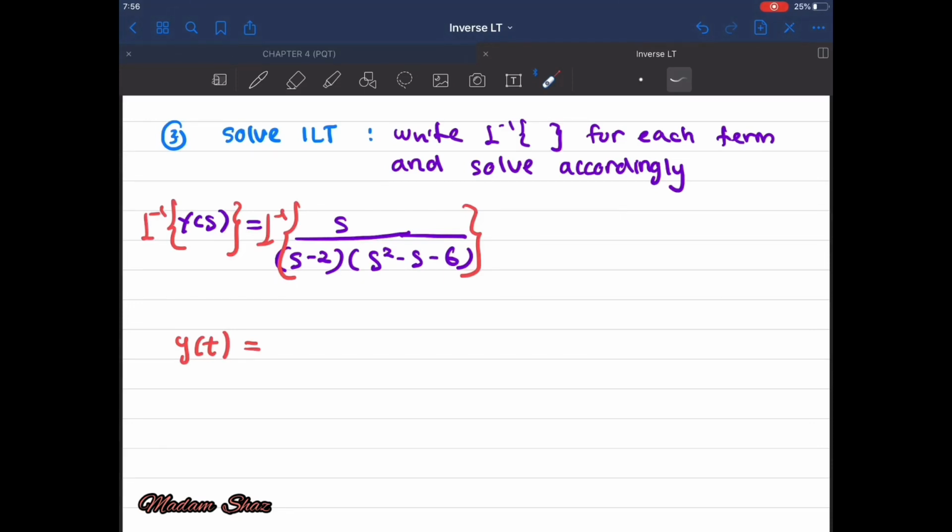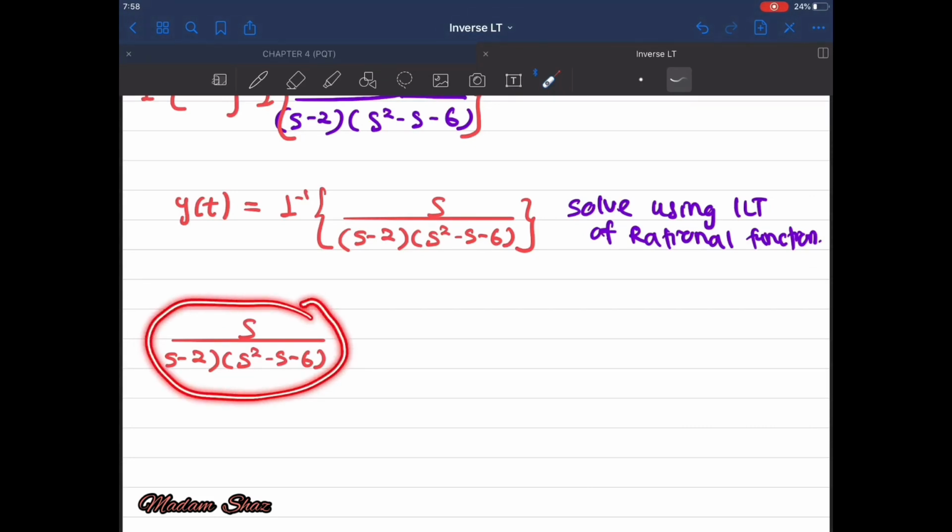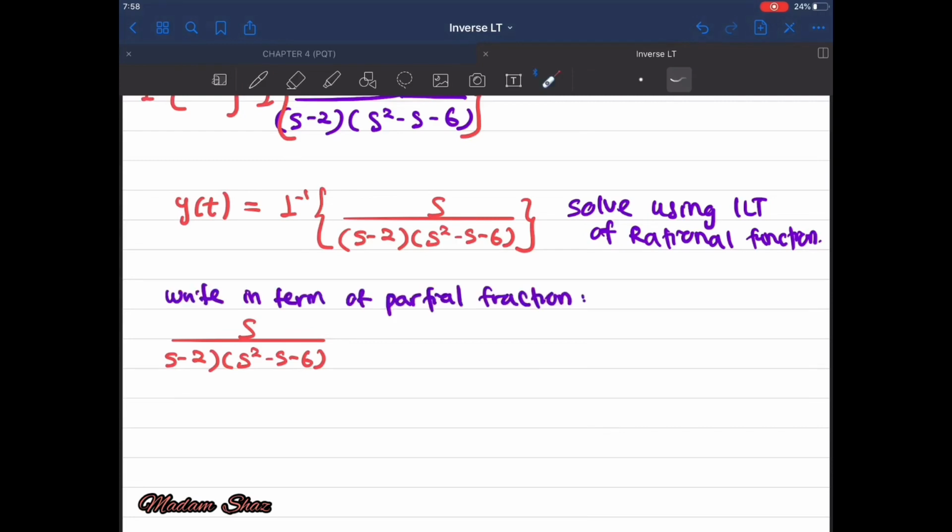Why do we have to solve by using rational function? Because we have something multiplied with something at the denominator. So in order to solve inverse Laplace of the rational function, we have to write this one in terms of partial fractions. s over (s − 2)(s² − s − 6): s − 2 is a linear term, s² − s − 6 is a quadratic term,